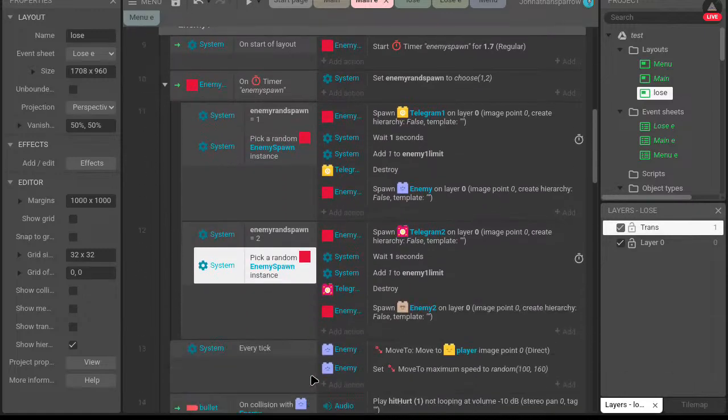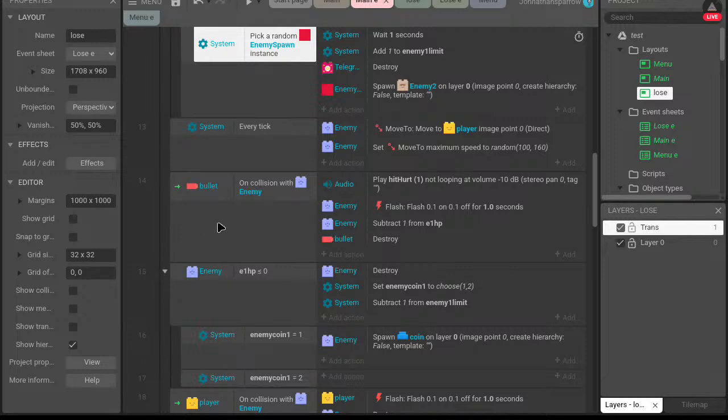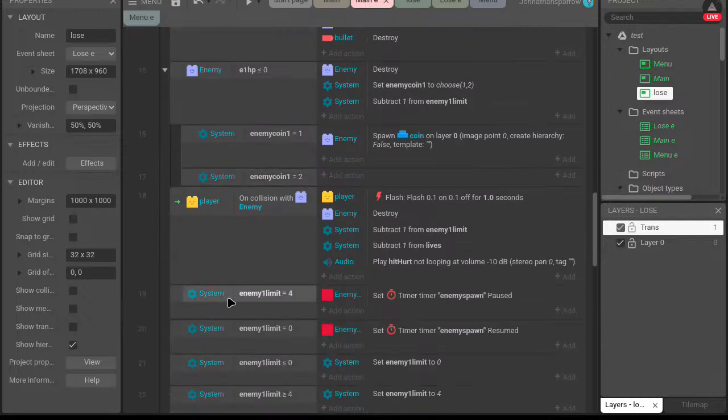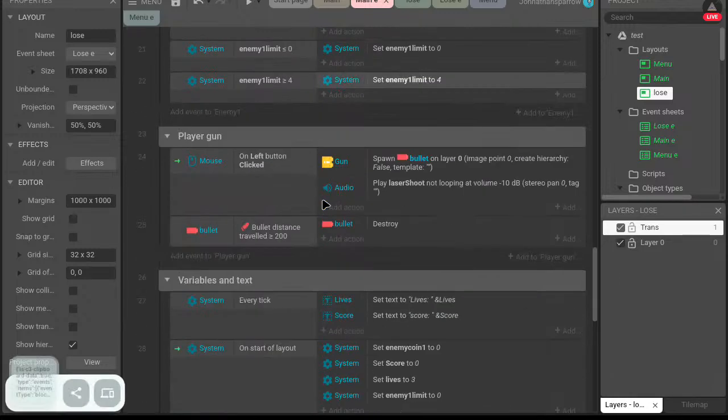I want to add a couple things. Players in collision with enemy.